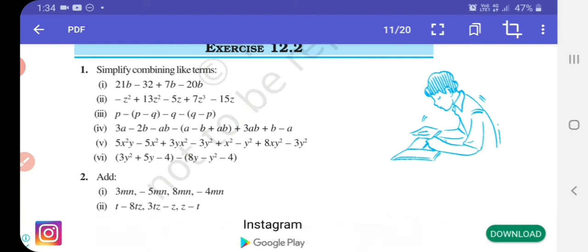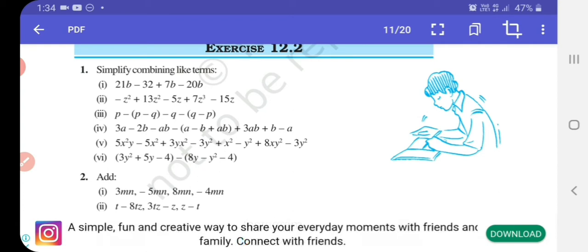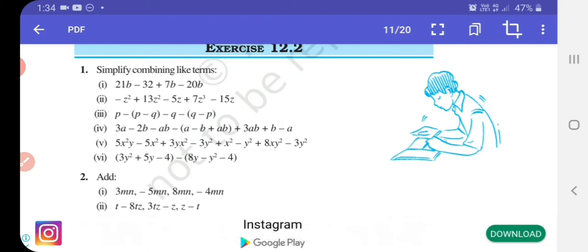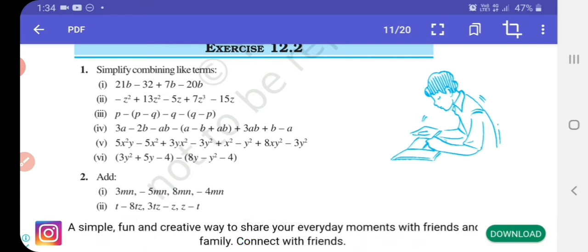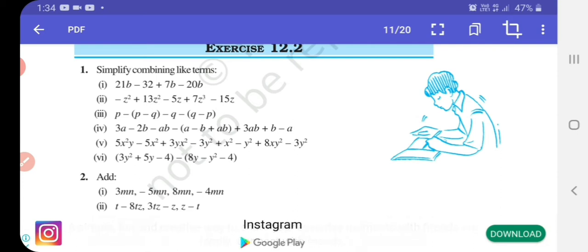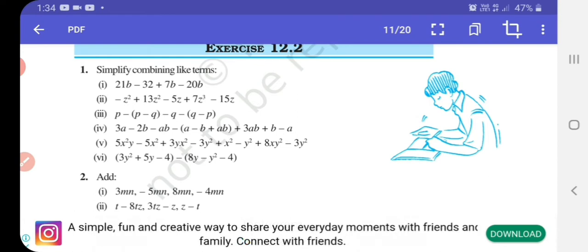We know that if the terms have variables and constants, then it is called an algebraic expression. Okay. What is a variable? It does not have a fixed value. It depends upon the condition. If the conditions differ, then the value of the variable differs. Understand?